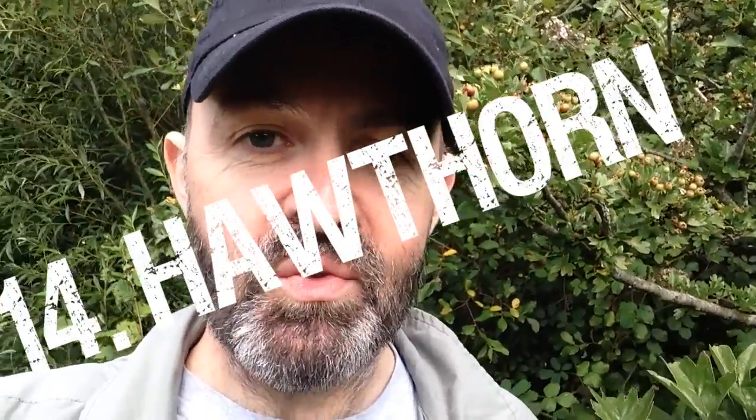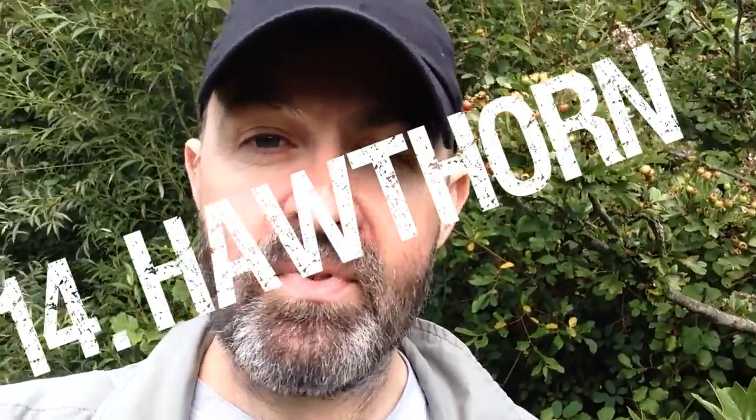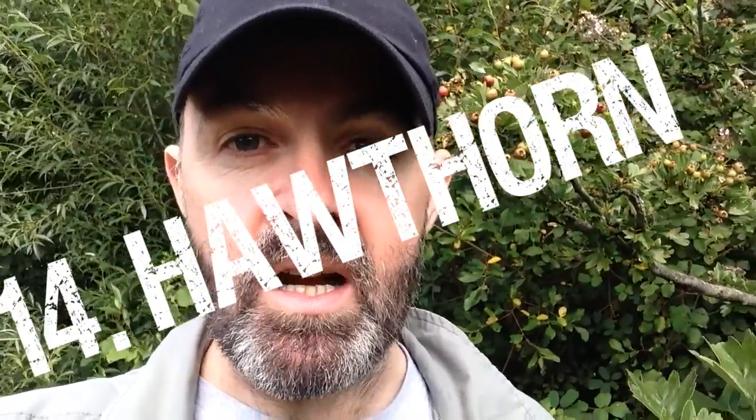So number 14 is hawthorn, again one of my favourite herbs. Definitely in my top 5 herbs. Mullein is in there and hawthorn. And here we have the hawthorn berries just coming. Earlier I did a video in the year on hawthorn blossoms, and I'll put the video in the box. And hawthorn is a fantastic herb known for healing the heart, strengthening the heart muscle, strengthening the arteries, overall just increasing cardiovascular health,